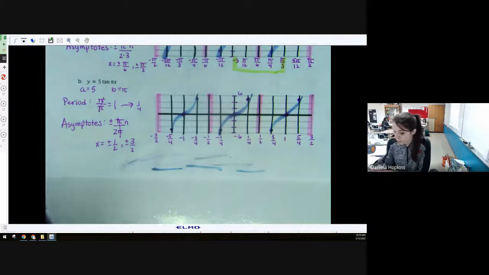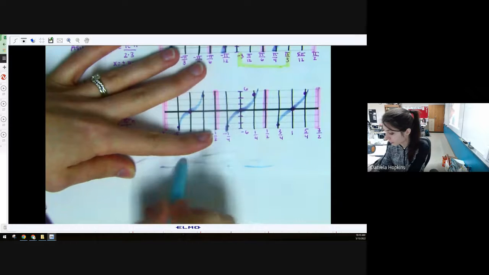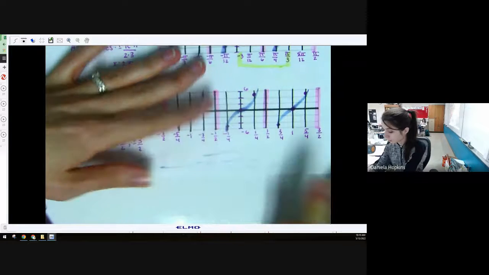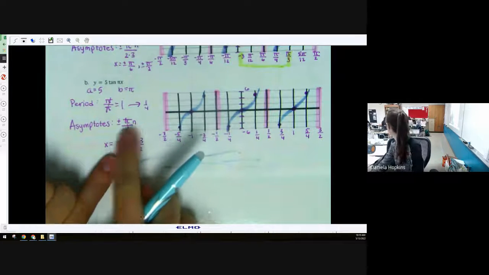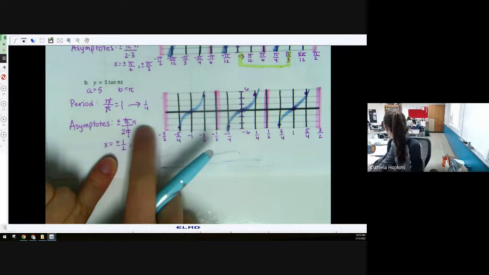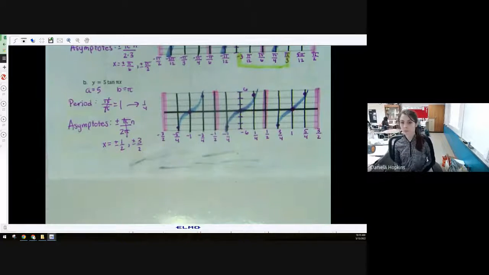What do we think of tangent? Questions? Honestly, I think the hardest part about graphing these is probably labeling the intervals, because we're doing lots of fraction stuff. If your n is odd, it'd be 1/2, 3/2, 5/2, 7/2, and so on. So I just went up to 3/2 because that's all I had. All right, if there are no other questions, your worksheet